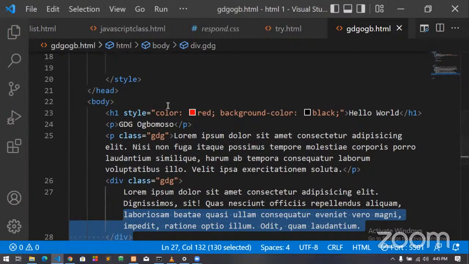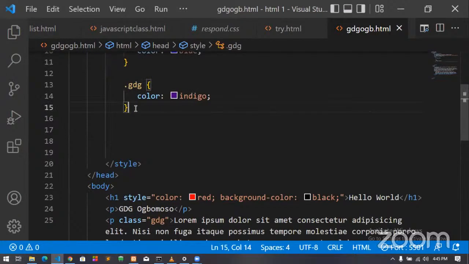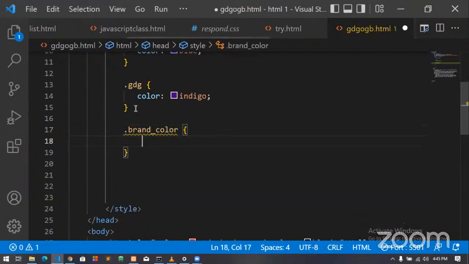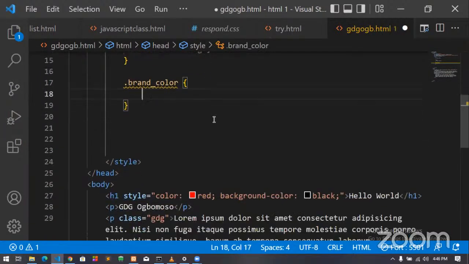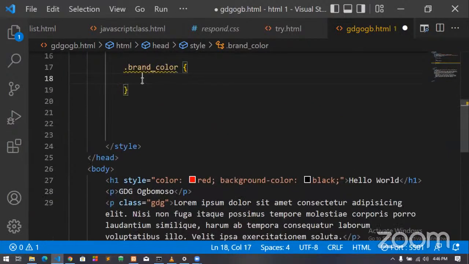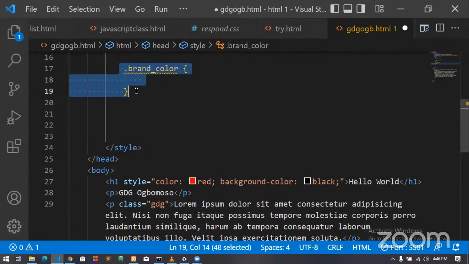Let's assume you already have a class brand color, or any color name, that is carrying your color. What you will need to do, you don't have to be creating different classes for each of those 3 elements that are going to carry the same color. You can just use the same class on those 3 different elements. Do you get it now?